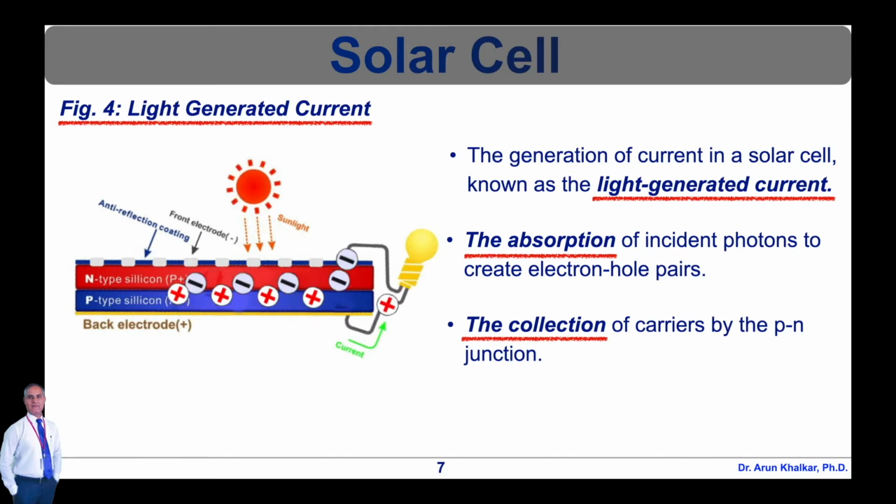The carriers are separated by the action of the electric field existing at the p-n junction. If the light generated minority carrier reaches the p-n junction, it is swept across the junction by the electric field at the junction, where it is now a majority carrier. If the emitter and the base of the solar cell are connected together, that is, if the solar cell is short-circuited, the light generated carriers flow through the external circuit. The ideal flow at short circuit is shown in this animated figure.